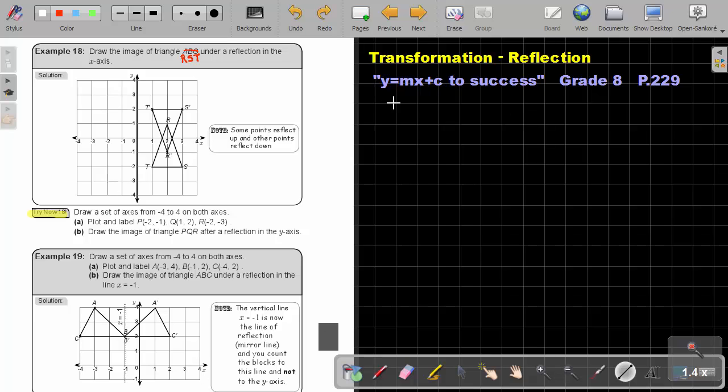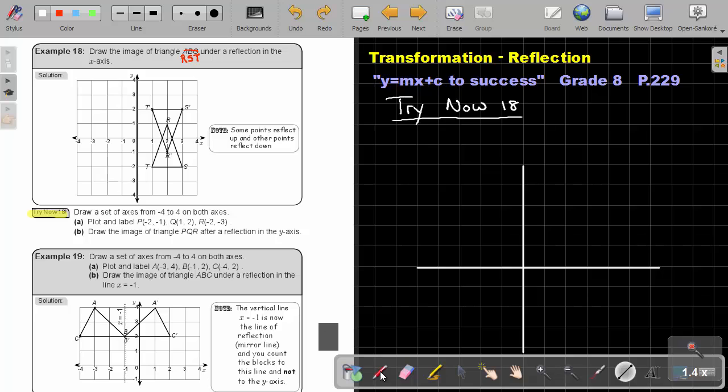Okay, so let's write Try Now 18. First I'm going to draw the axes. This is my x-axis, this is my y-axis.